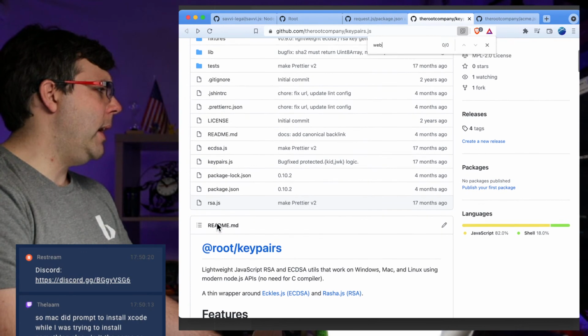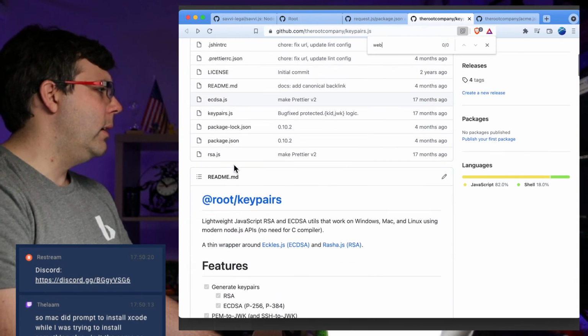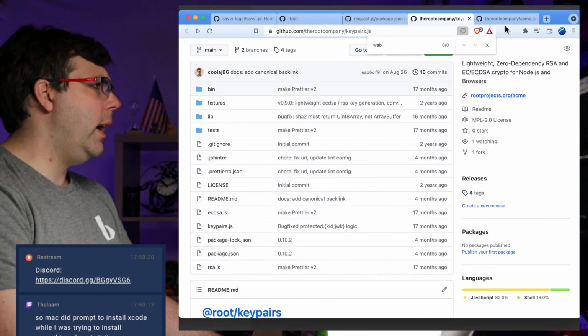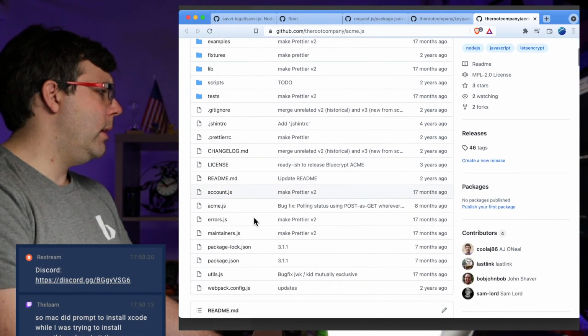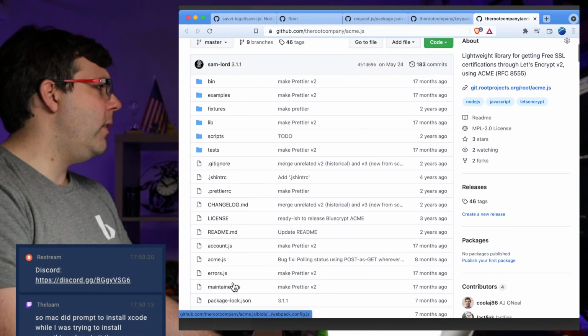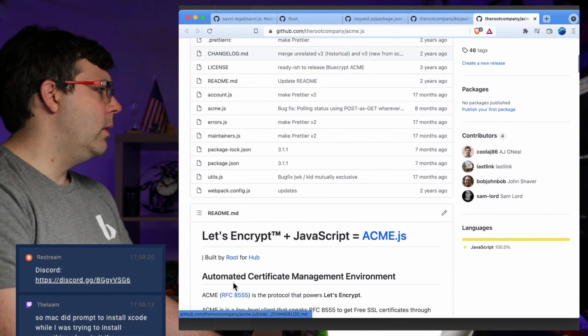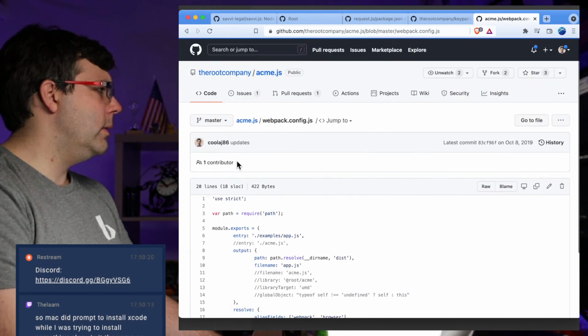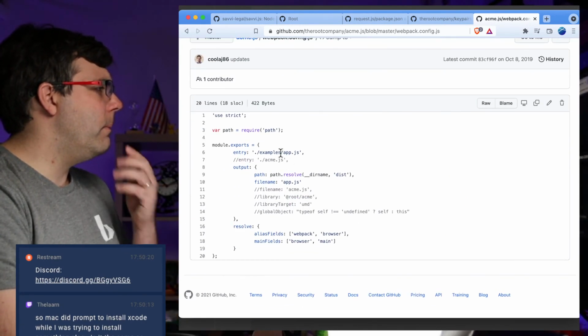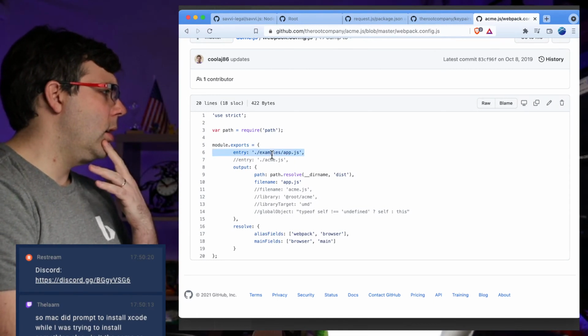No, so this is just made so that as a library, it can be used the Webpackish way. Okay, what about this one? Webpack Config. There we go. So let me take a look at this and see how I did it here. So entry, output,